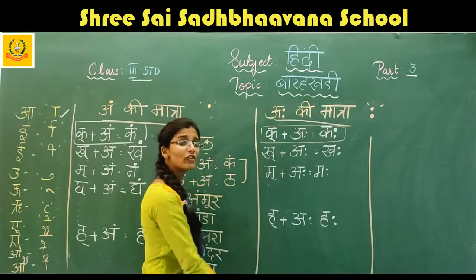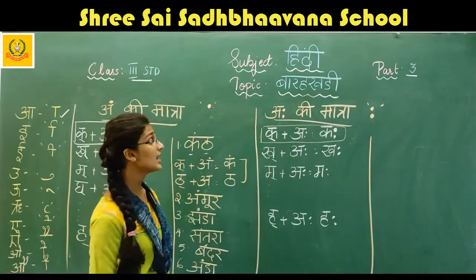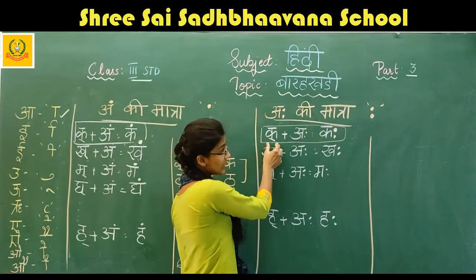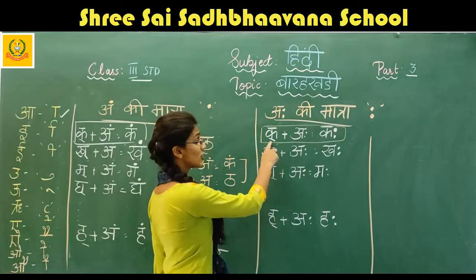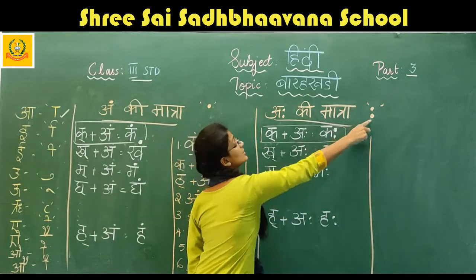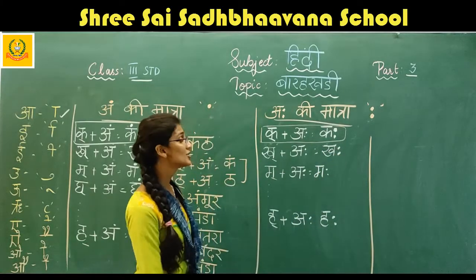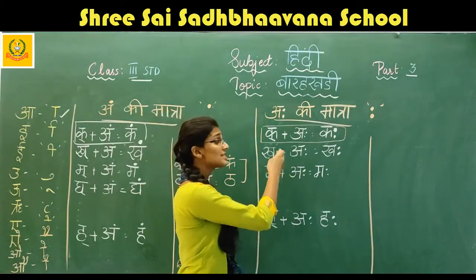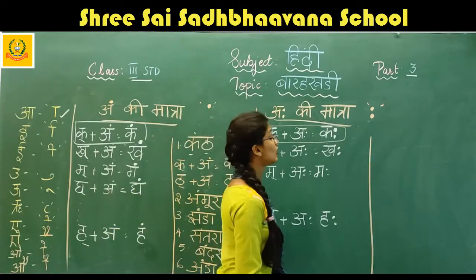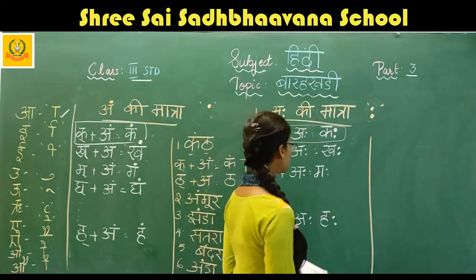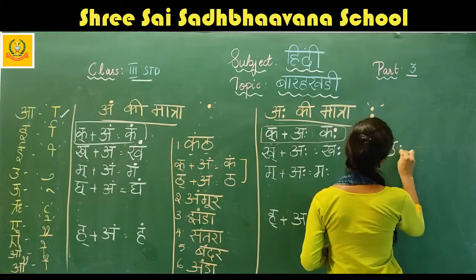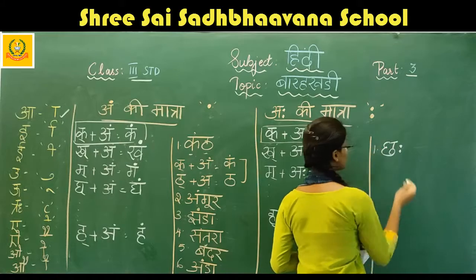So in this way you will be writing like this. You will be writing for all the letters, that is K plus gives you come. Like that, change only this letter, where Vyanjan you have to change only this Vyanjan, so that you will be getting the same Vyanjan with this Matra. Okay children, so this is the way you have to write. So I will show few example for aha ki Matra. So first one, Cha. Chaha.